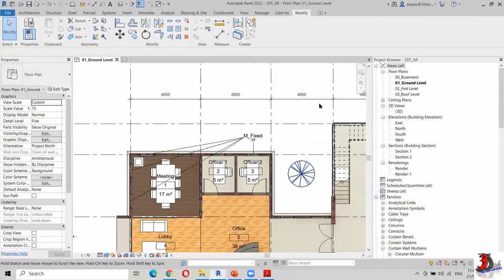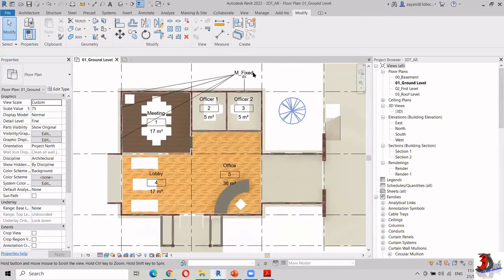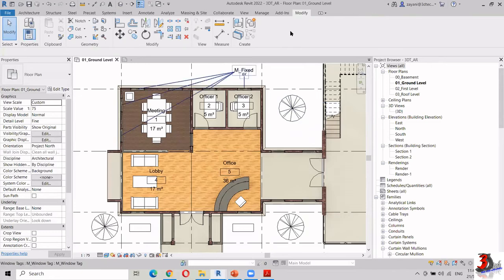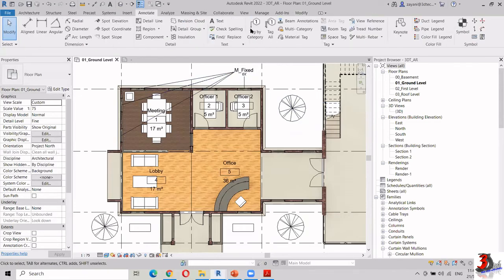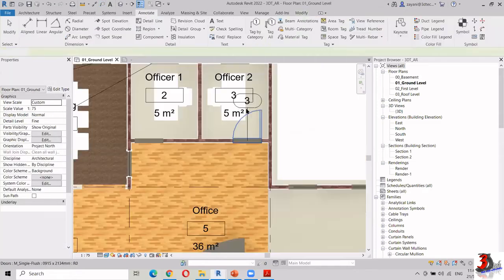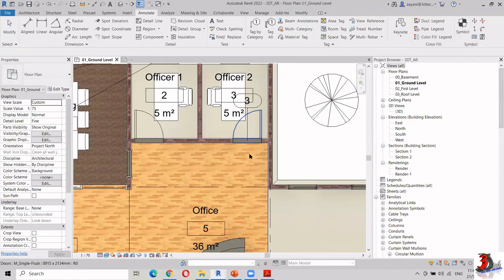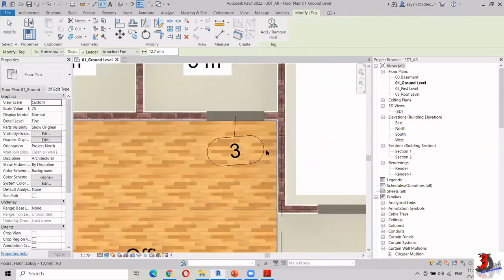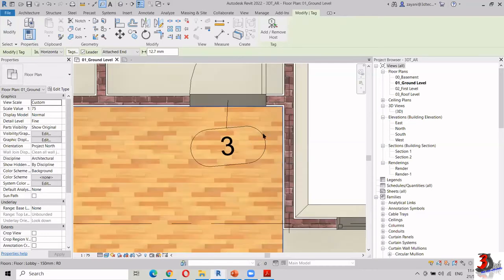Okay, and then along with that, you also have the ability to rotate your tagging. So for example, if again I go to annotate and tag my door, okay, and then just bring it down here. Okay, I do have this ability to change the angle. So for example, if I change this into 5 degree, okay, you can see that it is currently